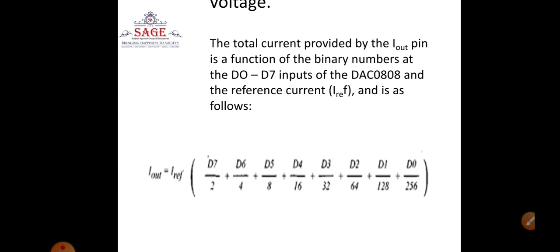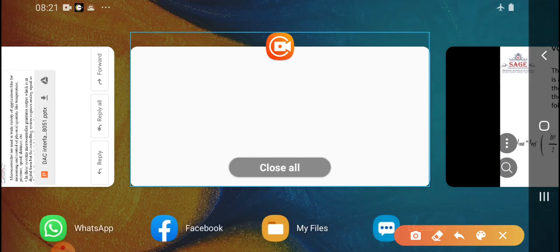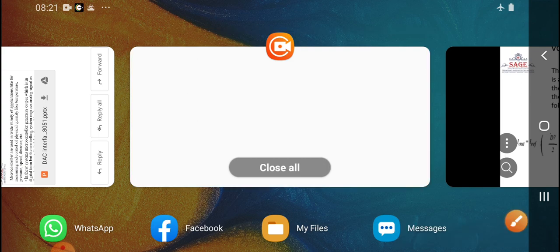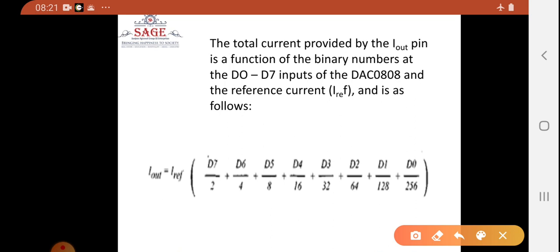So this is 2 to the power 0, 2 to the power minus 1, 2 to the power minus 2, 2 to the power minus 3, 2 to the power minus 4, 2 to the power minus 5. Similarly 2 to the power minus 8, because there are 8 input